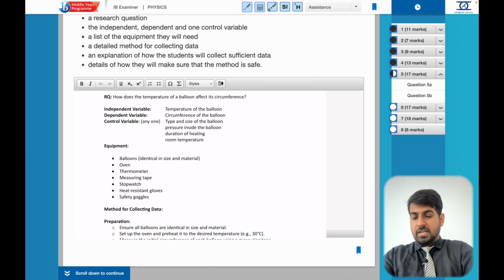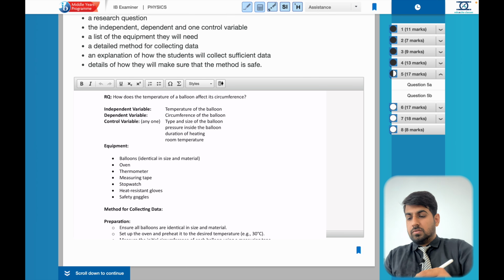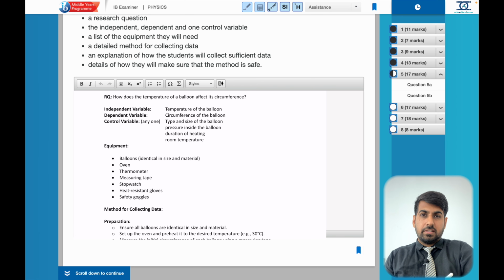Now to save time guys, what I have done is I have written the answer already and I will discuss with you so that you will get an idea how to write the answers related to criteria B. Now if you look at the bullet points in the question, we will answer in the same manner. Now the research question will be, how does the temperature of a balloon affect its circumference? Now my independent variable will be the temperature of the balloon, dependent variable will be the circumference of the balloon,